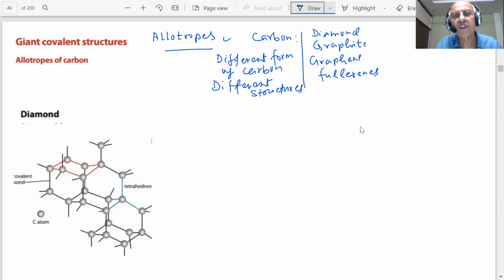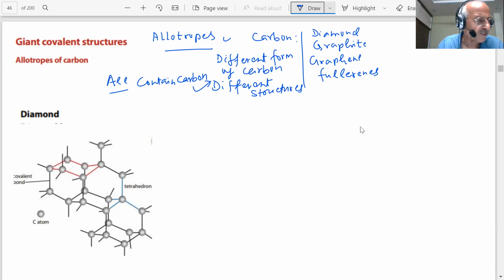When the structures become different but they contain the same element, carbon. They all contain only carbon, but the structure is different. What we call them as allotropes. Is it clear what allotropes are, students? They have the same element, but exist in different forms because their structures are different.